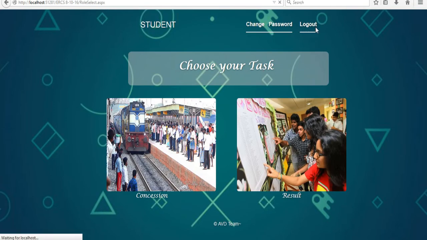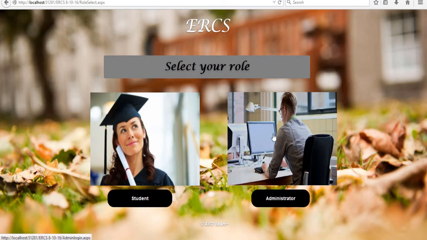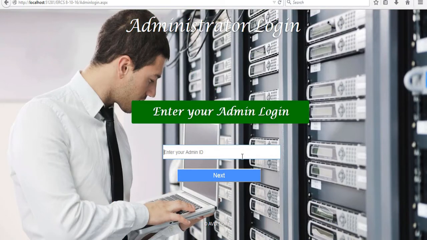The admin has two roles. The admin can either be the result admin or the railway concession admin. First, let's just check the tasks that are being performed by the railway concession admin. Every admin is being assigned a unique ID and password which is used to log in to the admin